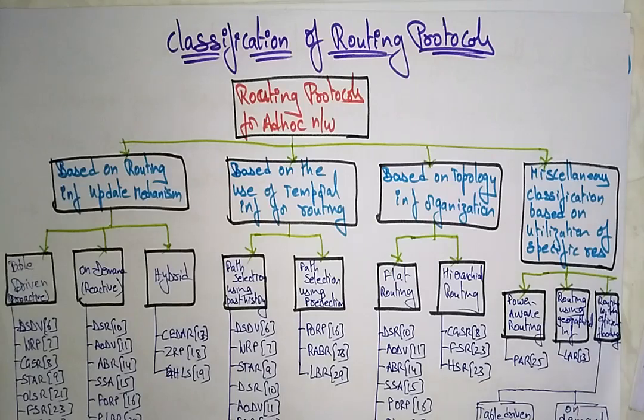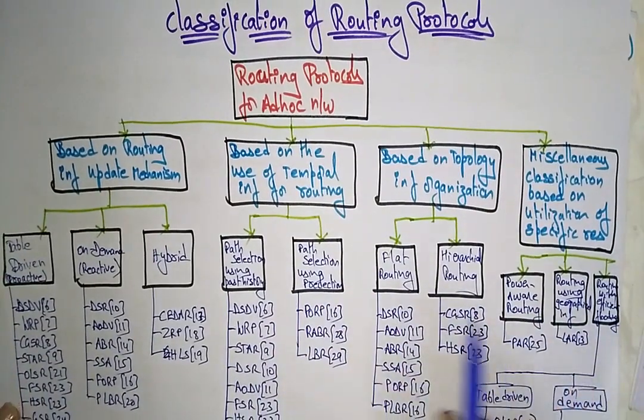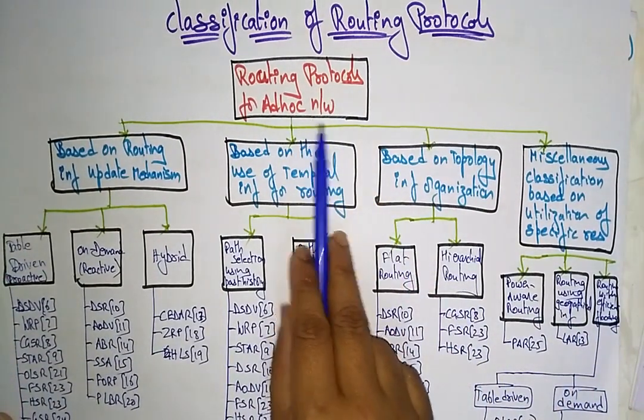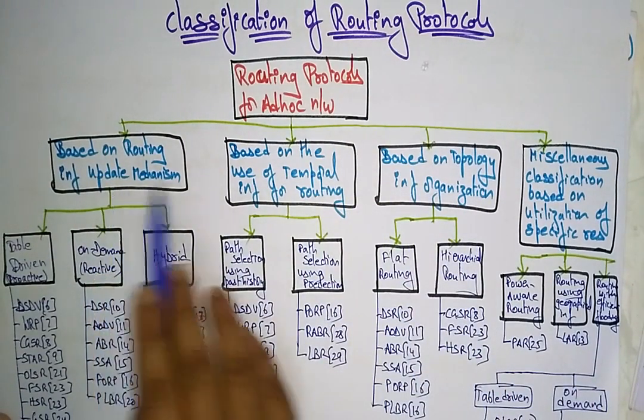Students, welcome back. Now let's continue with our classification of routing protocols. In the previous video, I gave the introduction to these classifications. So whatever I explained so far, I will show in this diagram. The routing protocols for ad hoc networks are classified into 4 types, based on routing information update,